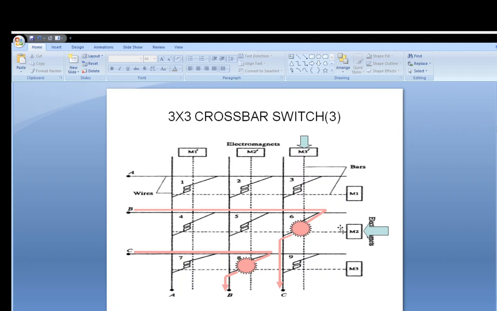But when we reverse this procedure, that means if subscriber C is initiating the call, then first of all horizontal bar C will be energized, and then after that vertical bar B will be energized. But we can see in this case the switch at point 8 will now be energized,